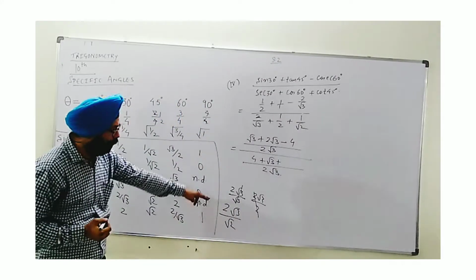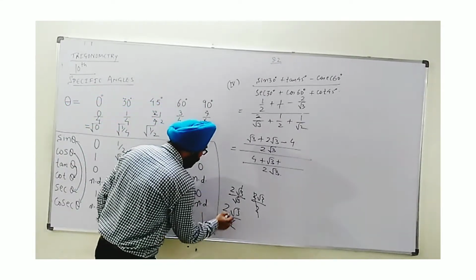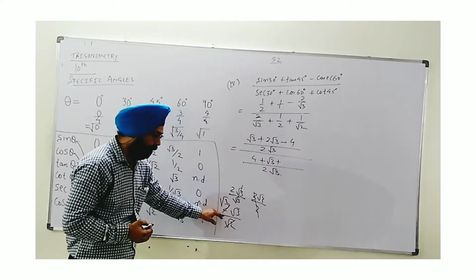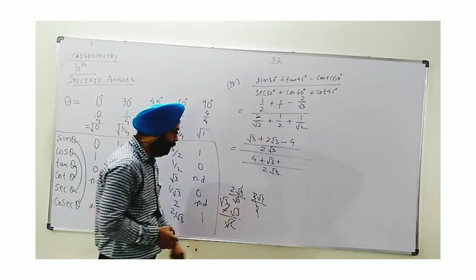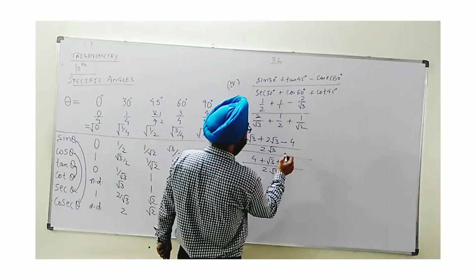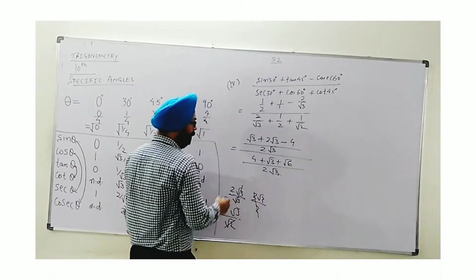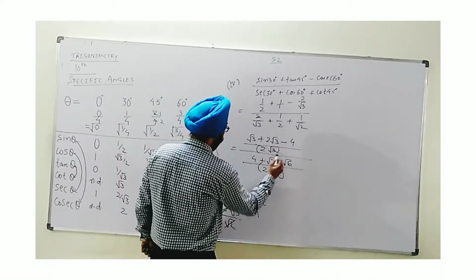Recently I said 2 is the square of root 2, so that's why it can be directly cancelled and we are left with root 2 here. Root 2 into root 3 will give you root 6. It's a plus sign, so root 6. And these two denominators being the same, they cancel out.